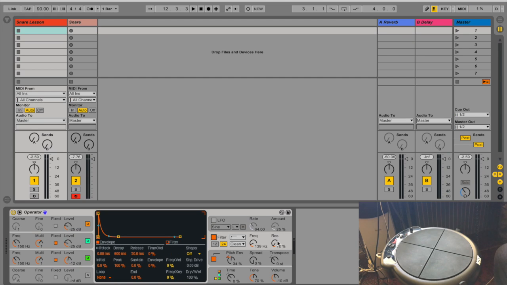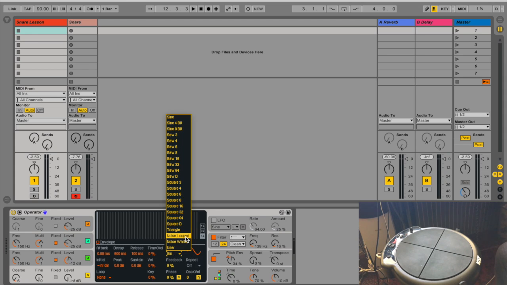Sounds cool. I also activated the filter here and just cut a little bit of the low end just to control the low end a little bit more. Now lastly, I'm going to go to oscillator A. And remember, oscillator A is independent from the others. And I'm going to add